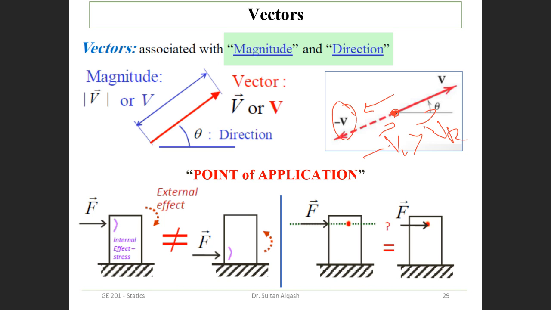So for the point of application, for example, for forces, it is really important to know the location of the point of application of that force or that vector in general. I have here a force and here a moment. It is not the same as if I have a force in this location of this structure or of this column, and the moment is in this direction. Clear? You know this, basics.